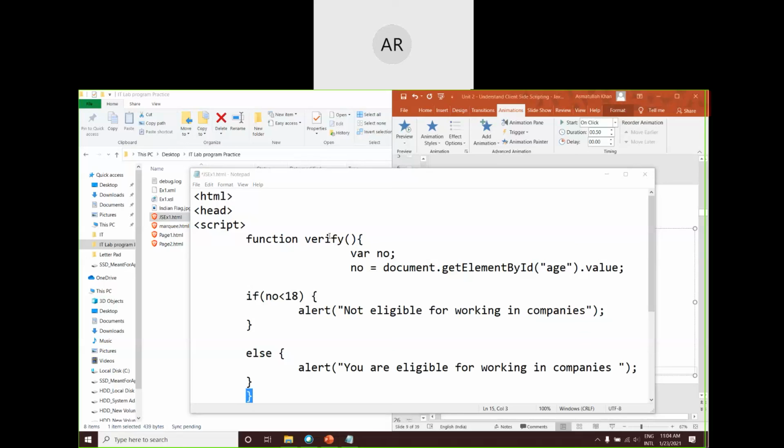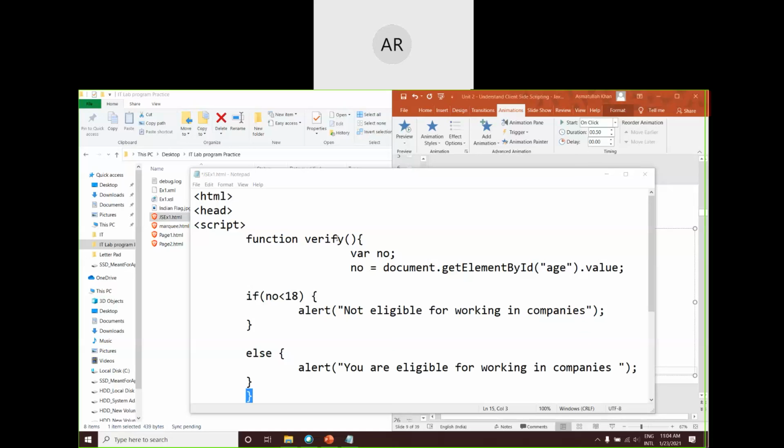Now within the verify function, what is the main theme of our function? When someone enters an age less than 18, it should give a pop-up telling that you are not eligible for working in the company. If someone enters an age of 18 or more, it should give a pop-up telling that yes, you are eligible for working in the company.